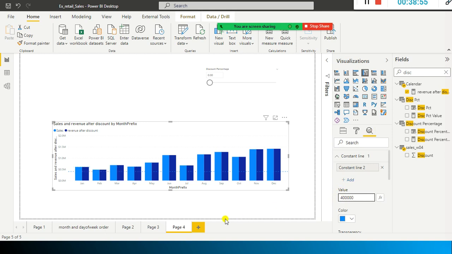But here we don't have the data, or else we will do one thing. I'll just go ahead and change it there. So look here, if this is your target, it is fine. If you want to achieve the 5 million, only if you don't give any discount can you do it, right?